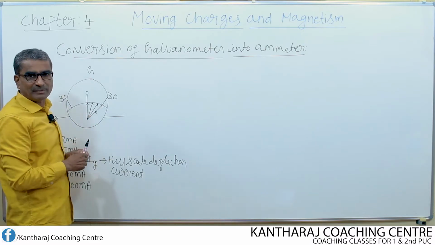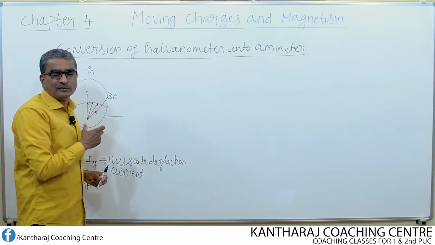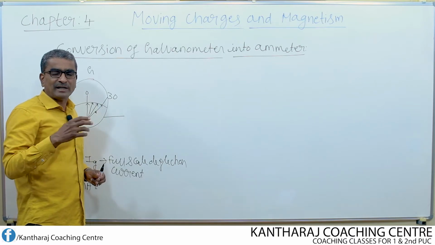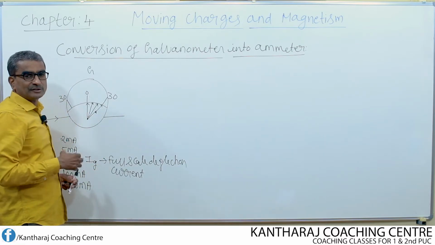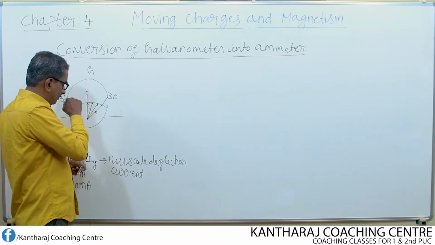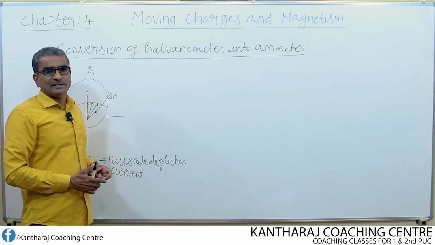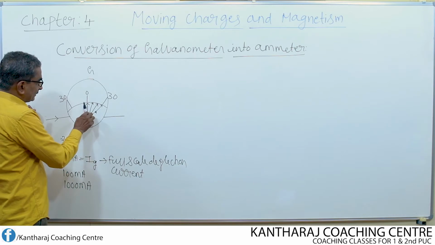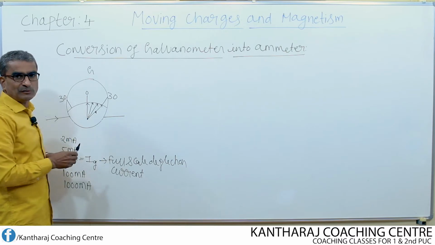Or even one more thing may happen. What is that? Because of this large current, the coil of the galvanometer, we know that galvanometer consists of a rectangular coil of wire. So the coil may get damaged because the coil may not be able to sustain this large amount of current. So either the pointer may get damaged or the coil may get damaged. Overall, the galvanometer itself gets damaged. So the pointer cannot move beyond this, and it is showing full scale deflection for this current, and because of the stopper it is not able to move further.